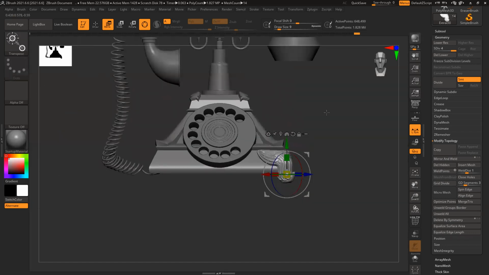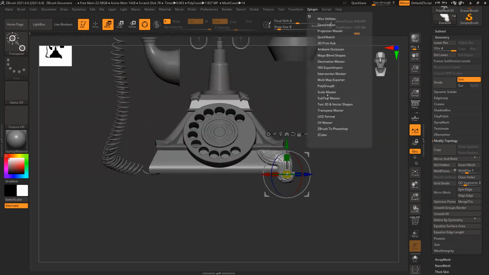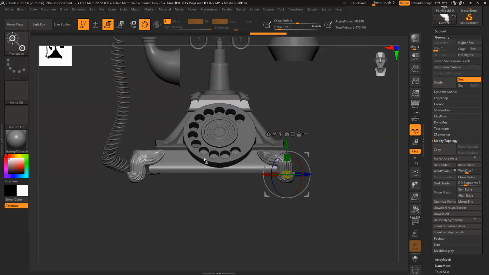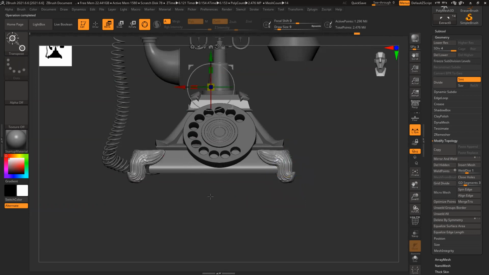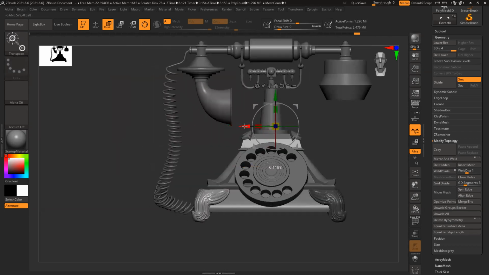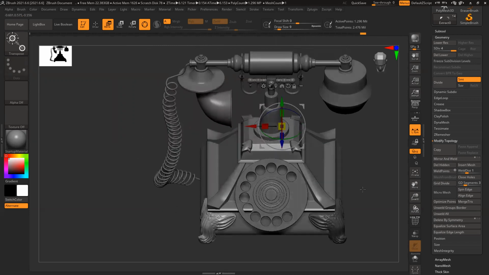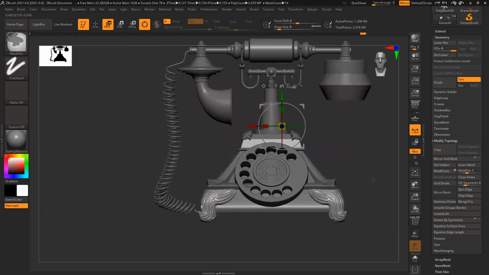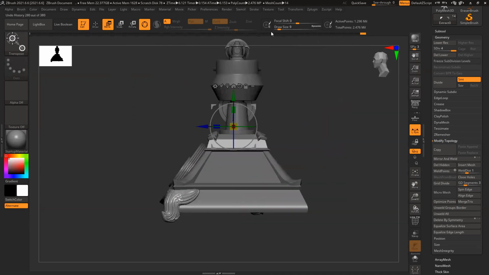And now I want to duplicate this, mirror this thing. So I can go to Subtool Master, Mirror, X mirror. It creates the mirror, but the problem is whenever you do this, it reads the main model's symmetry, the entire model's symmetry. So no problem, I can select this and move it here. And then I have to mirror this side also.